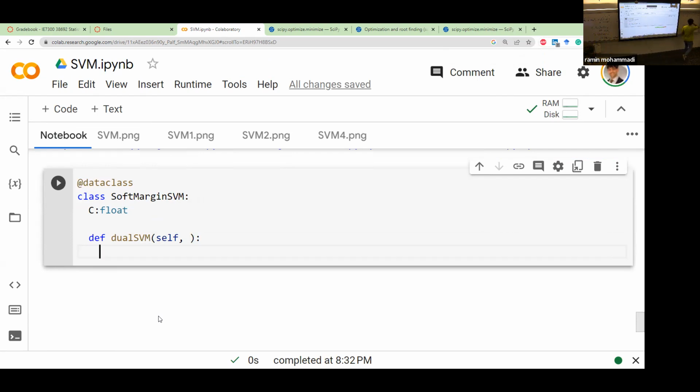This function, if you think about it, if I want to calculate this value, every time I call this, I need to do this huge multiplication across all i and j, multiply xi, xj, yi, yj, correct? Does that make sense? Every time you call this function you need to do that. So if I'm smart, in order to avoid that cost, I'm going to calculate this term, xi, xj, yi, yj, for all my data points somewhere, and I just pass it to this function. You don't need to calculate it yourself because I only need to do it one time, right? So I assume this function as an input,